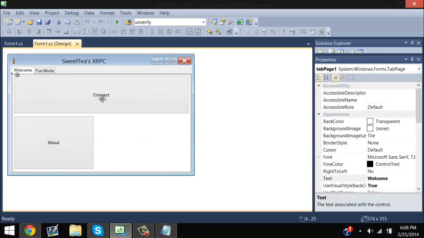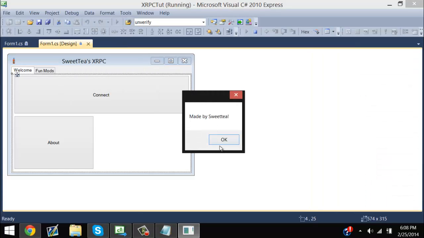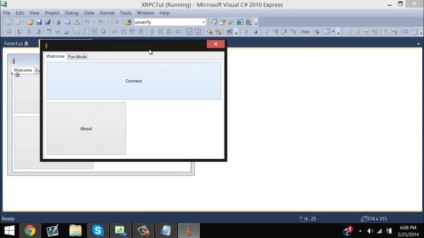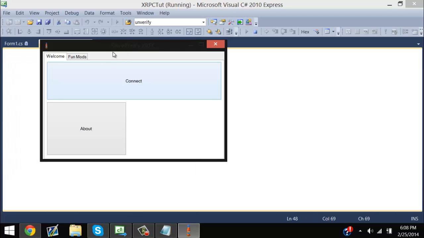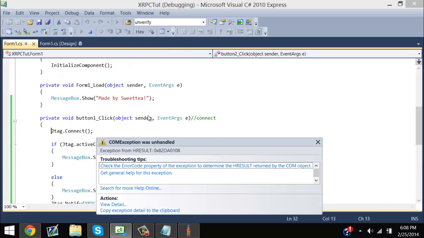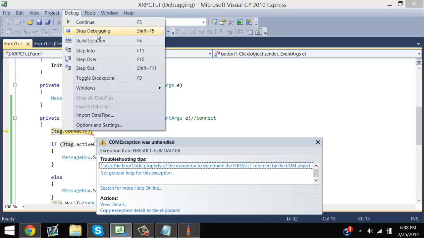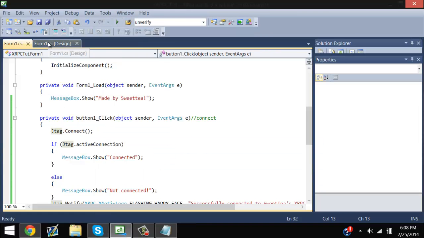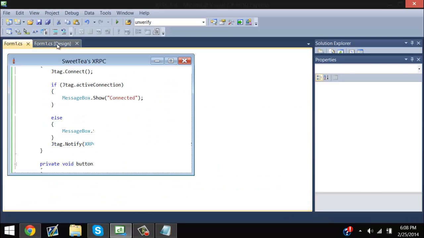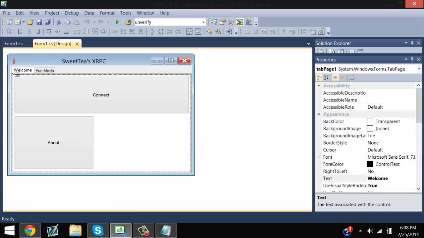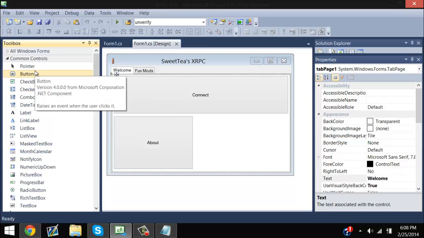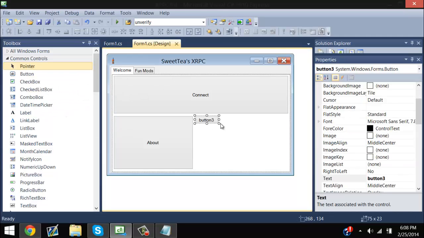I wouldn't click the connect button. I'll show you why. It'll freeze, and then it'll take you into some other crazy stuff like over here. It'll say this, but don't get scared, guys. You can just hit stop debugging, and then voila, you're back to normal. Okay, now the next thing we're gonna do is add a button that gives you, well, actually I'm gonna do this. You don't have to,